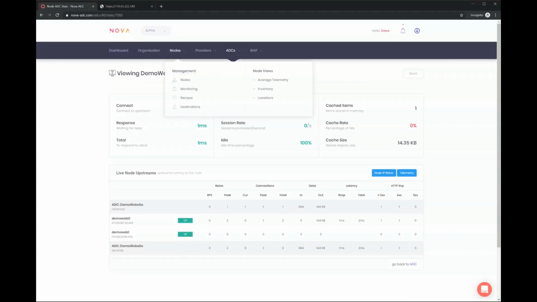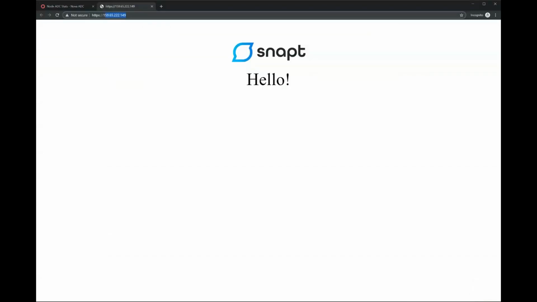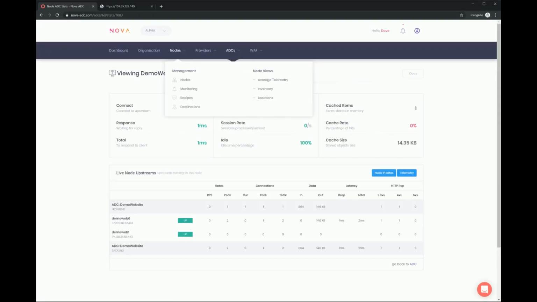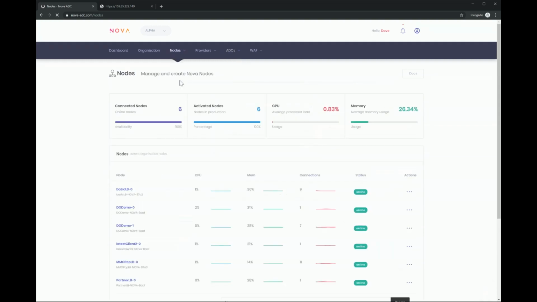Now, what we need to do is send data there. So what we would normally do is you would go to your DNS and you would say, okay, well, www.mywebsite.com must now point to this IP address that we have there. And that's perfectly fine. But in the example where you have multiple nodes, let's say you have 2 active ones, or you have nodes in multiple sites, you might want to say, well, I want to route traffic to both sites, and I want to do DNS checks and health checks and everything, and then send the traffic like that. For that, we have destinations.